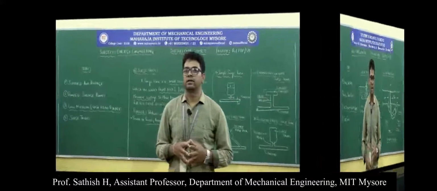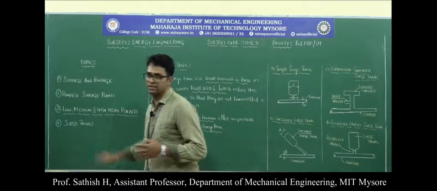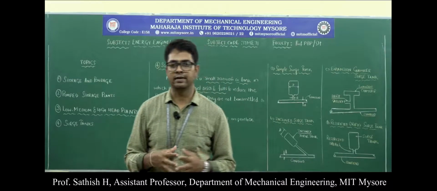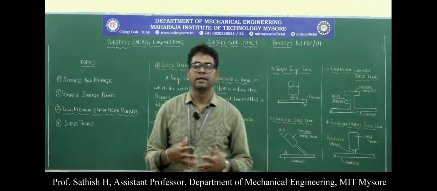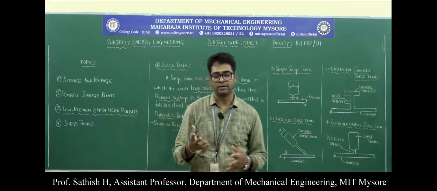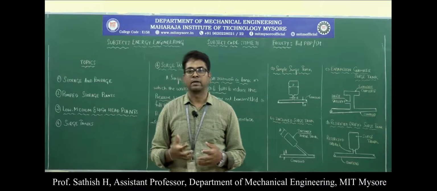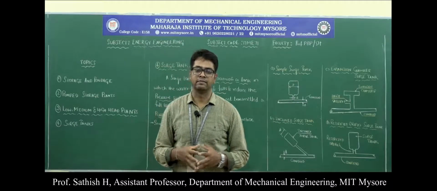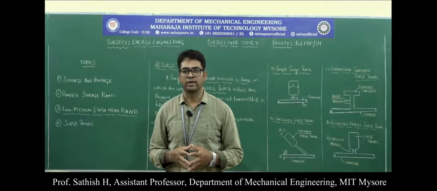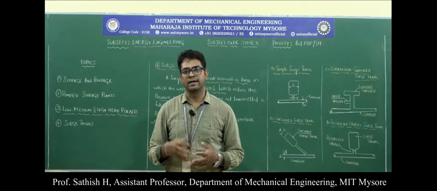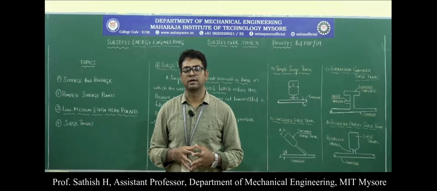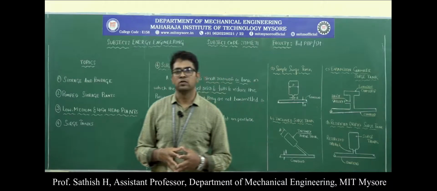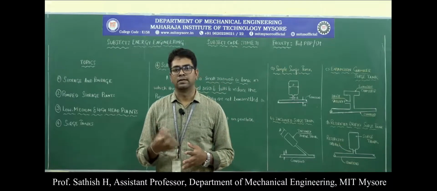The last topic of this session is about surge tanks. We know that a hydroelectric power plant consists of various components. For example, it consists of a reservoir across which a dam is constructed, and a penstock which transmits the water from the reservoir to the powerhouse or the turbine. We have a tail race, and inside the powerhouse we have different types of turbines. Similarly, a surge tank is also a very important component of hydroelectric power plants. So what does the surge tank do?